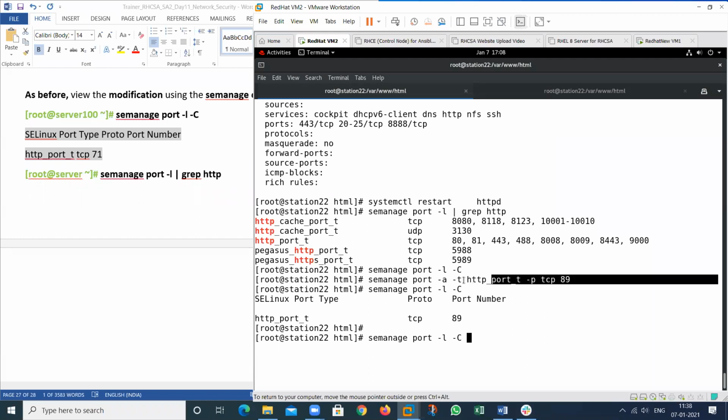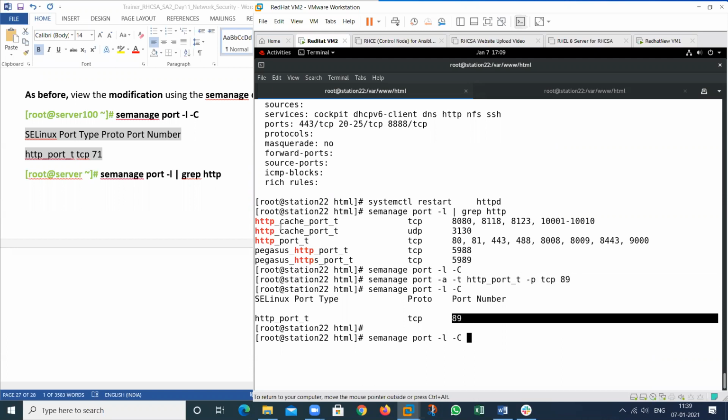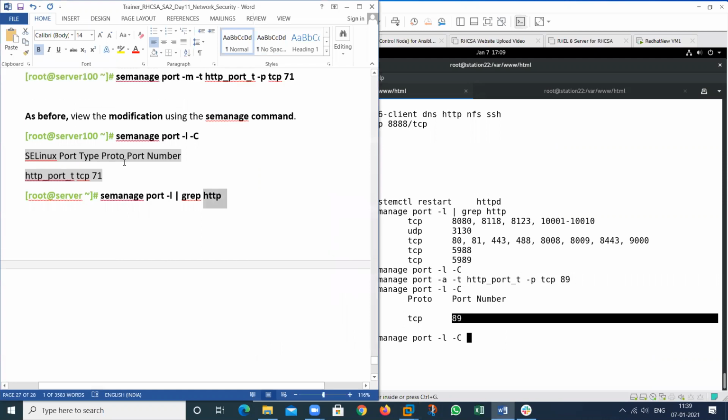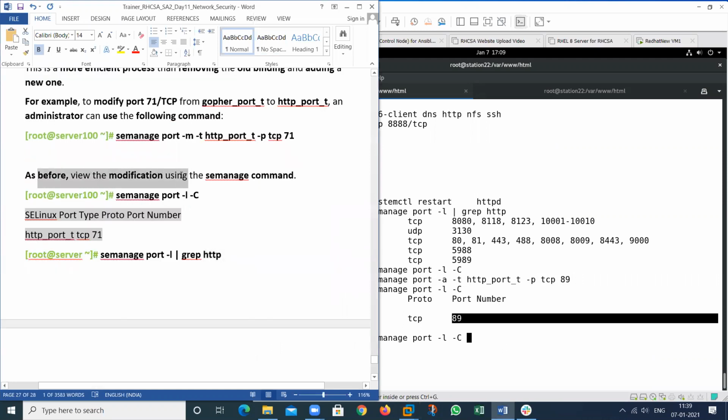If I add any particular port in SELinux and you want to check what are the ports that were recently added by you, then what is the command? This one. So this is a command that you can check. This is the port that you have recently added in this machine. So before the modification using the semanage command, if you want to check what ports were recently added by you, you can use this one.